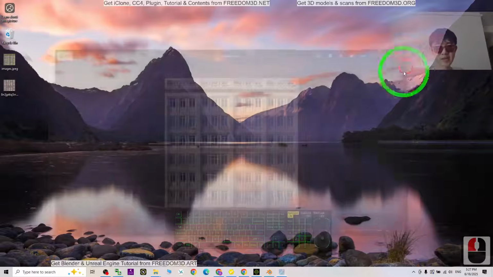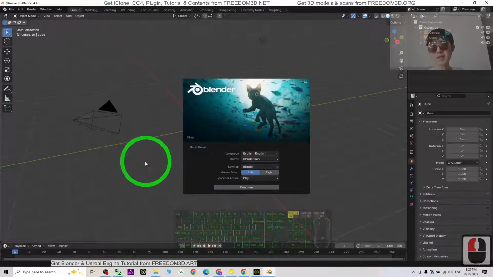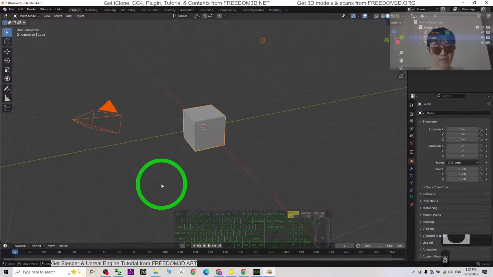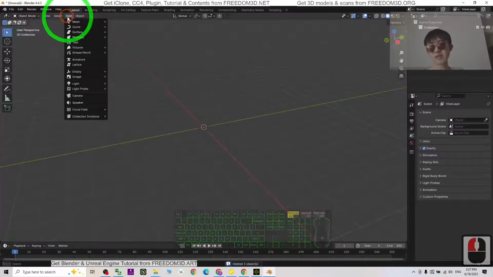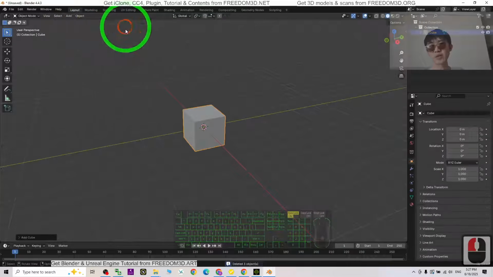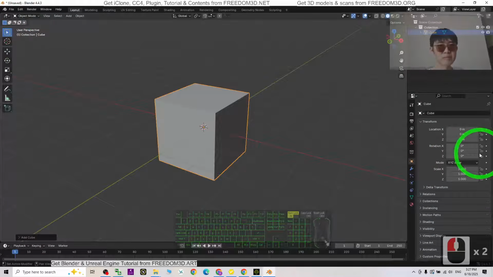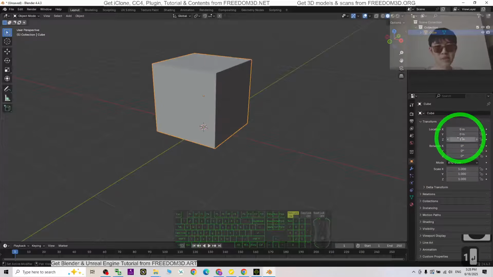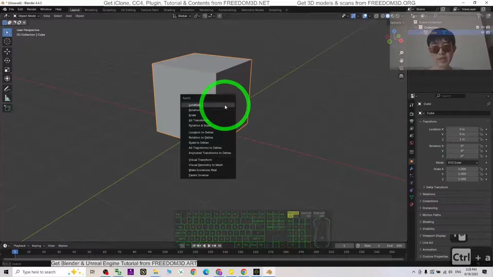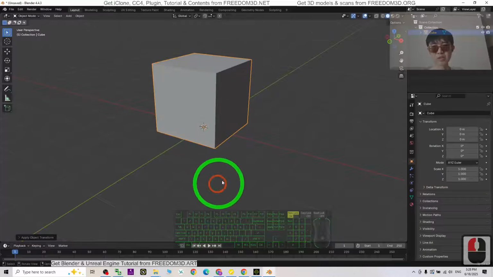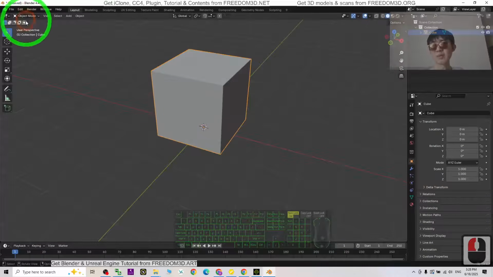Next, open Blender, press A and press delete to delete everything. Just add a mesh, add a cube, then click here, then for the location, press G, just type 1 and press enter, then press Ctrl A and then click all transform. Once you've done this step, just go to the